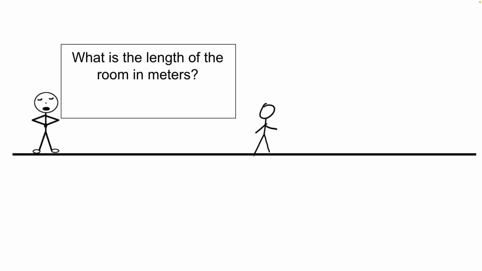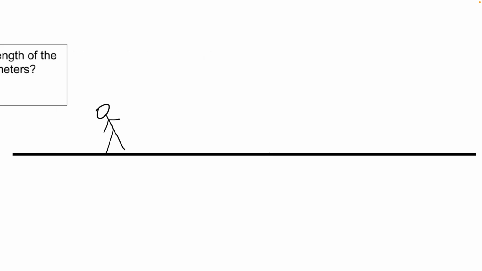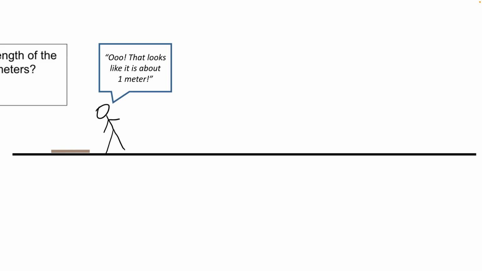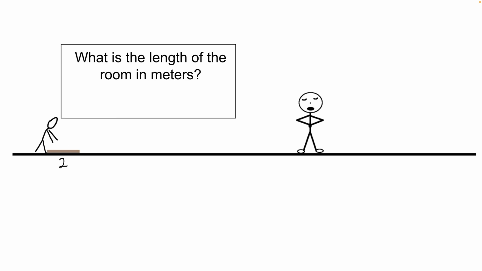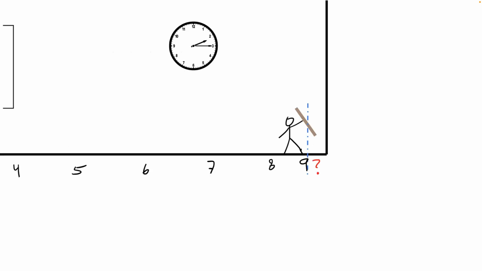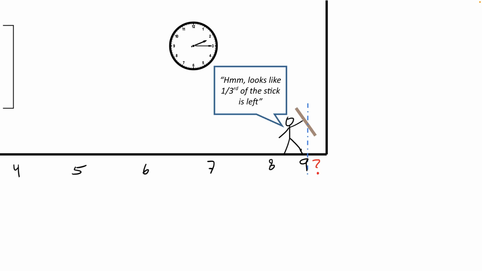Let's say a science teacher asks the class to measure the length of the room in meters. A student is ready, but they don't know where the meter sticks are. They look to the left and they can't find anything. They look right and nothing, but they do see a stick and they estimate that it's about a meter, so they pick that up. So they go to one side, lay down the meter stick, and count how many as they go along, until they get to the end, but after 9, there's only about a third of the space